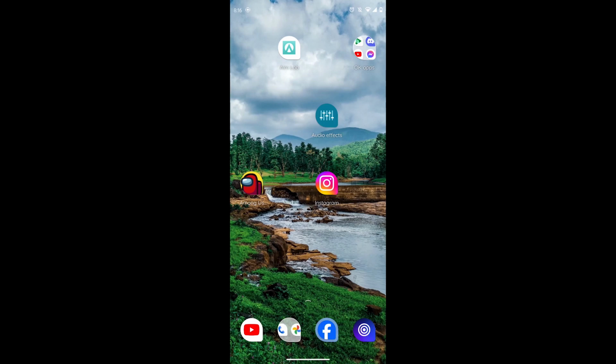How to change name on Facebook. So if you want to change your name on Facebook, first of all you have to open up your Facebook